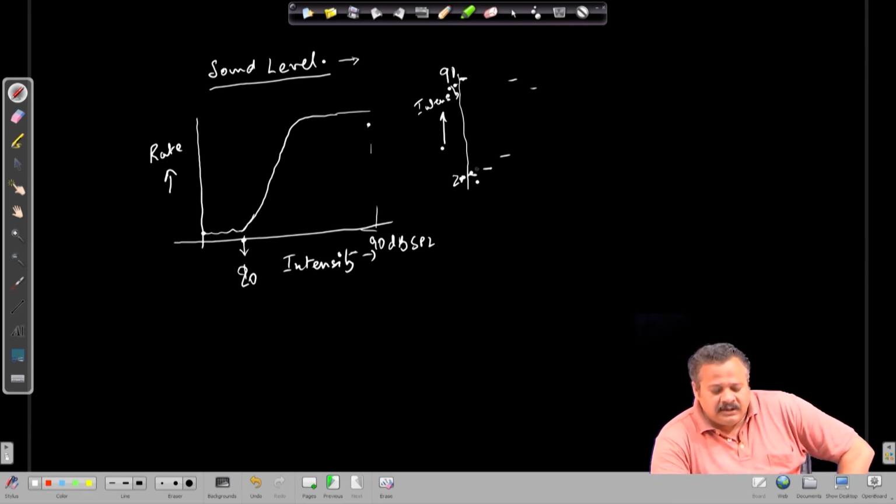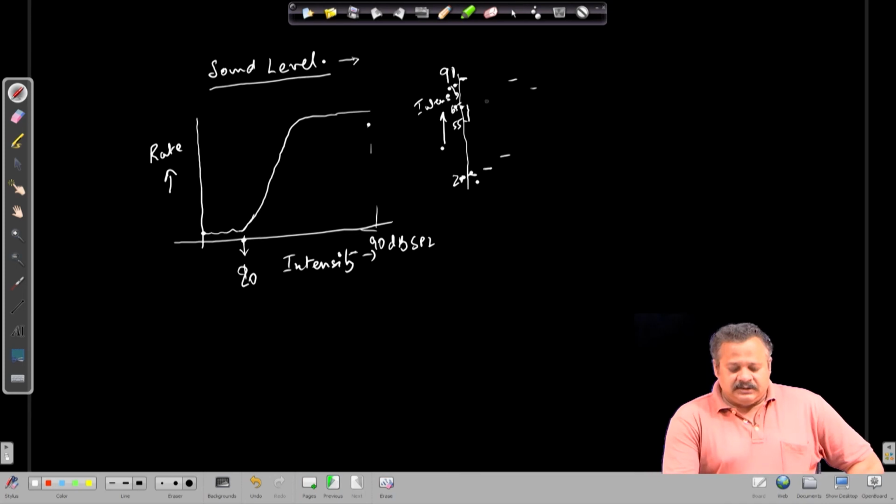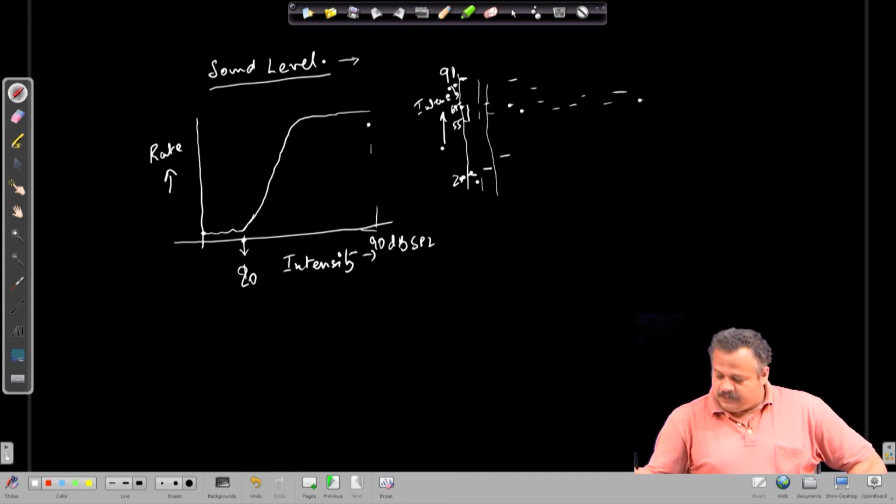But the occurrence of a band of these stimuli, let us say from 55 to 65 dB, the sounds in this intensity range make up 80% of the stimuli occurring in time. So, every sound is being repeated,